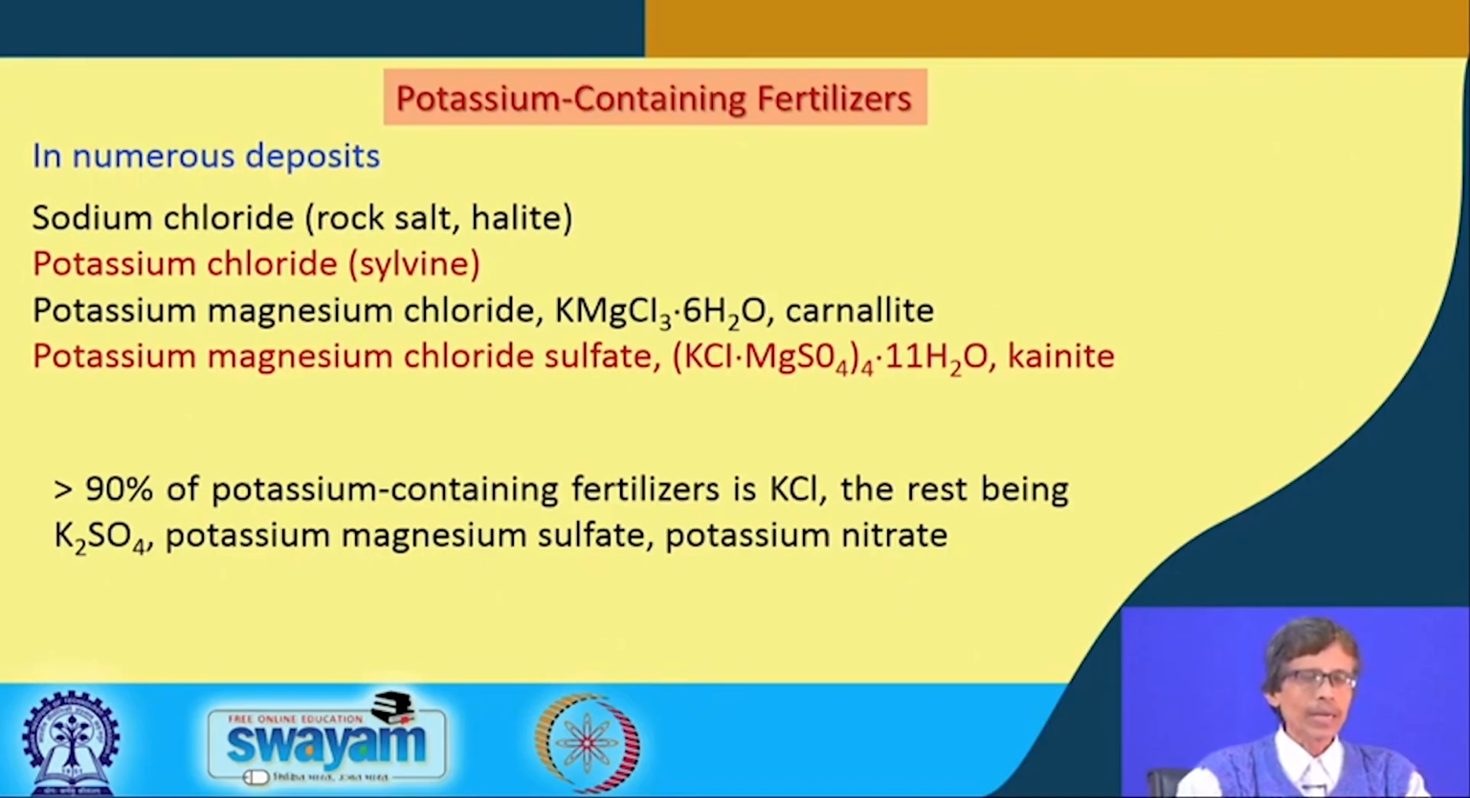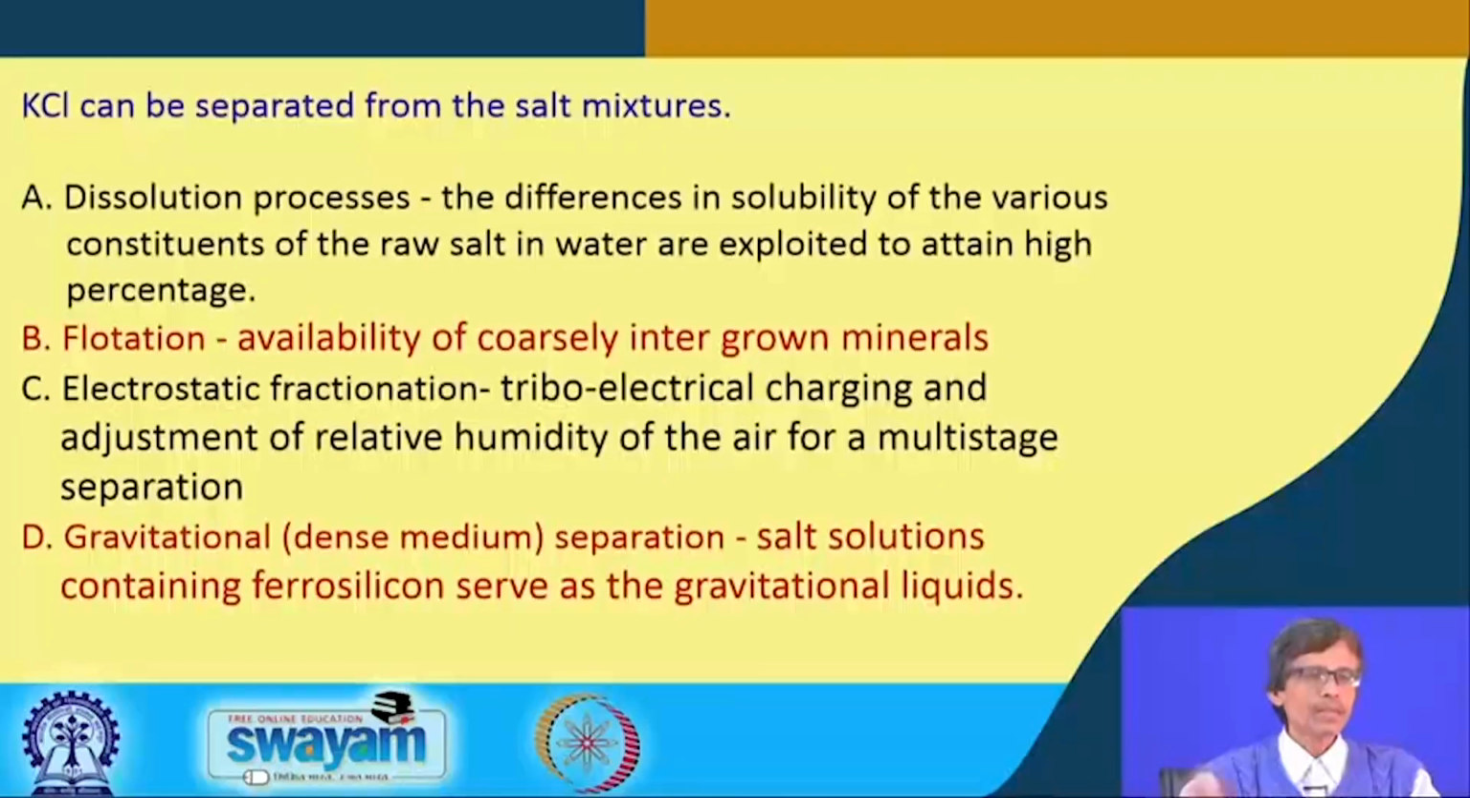Then you can have the potassium magnesium sulfate, the last one, the kyanite type of thing, and the potassium nitrate is also added. So when we have these things, how do we separate out potassium chloride only? Our basic intention is to produce potassium chloride quickly, like the crystallization of sodium chloride. So the first step, from a mixture of other material, is the separation technique, the dissolution process,